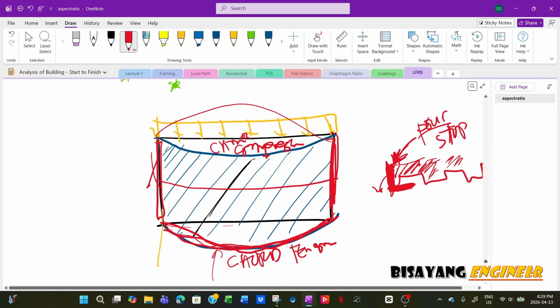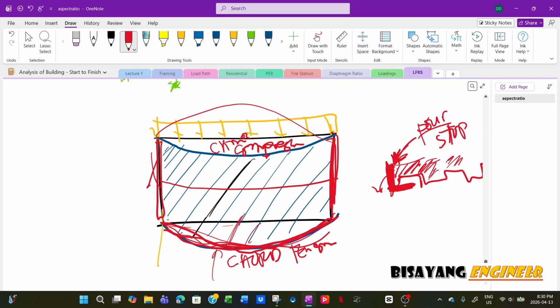That's why it has to be all around the perimeter, because without that one, you will see tearing. Imagine you have load, and then this is in tension. Then metal deck is just really thin metal, so it will tear. You know? So that's why you have to have what we call this one